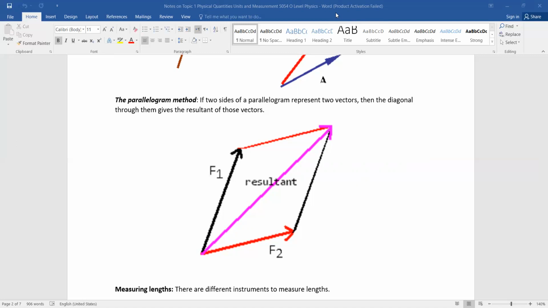Like in a question, they will only give you two vectors, F1 and F2. Maybe they are giving you this one as 5 Newton, and this one they will give you 4 Newton. Okay, so what you have to do